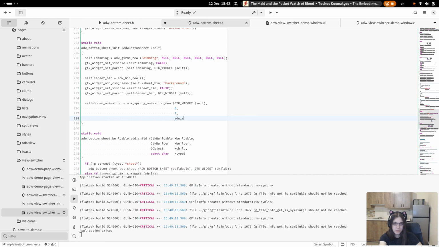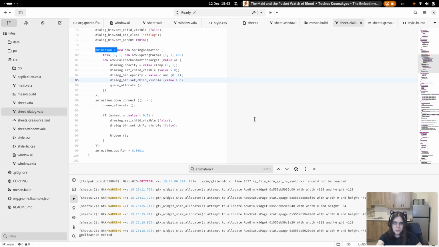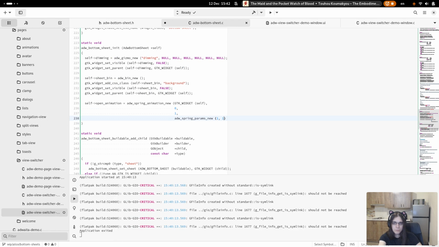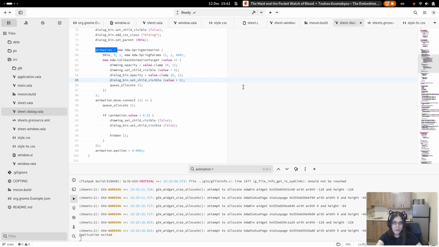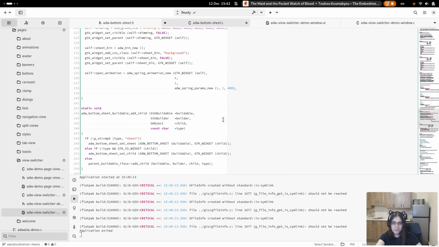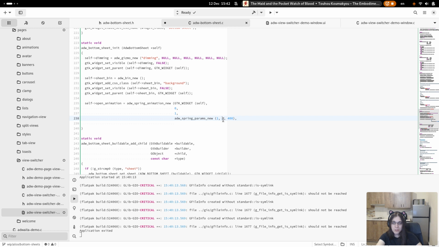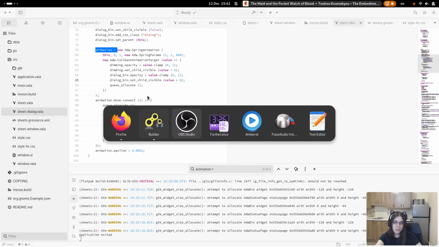Spring parameters add spring params new. I really should have gotten rid of this parameter, because I have two versions of spring parameters. Basically full ones, new full.